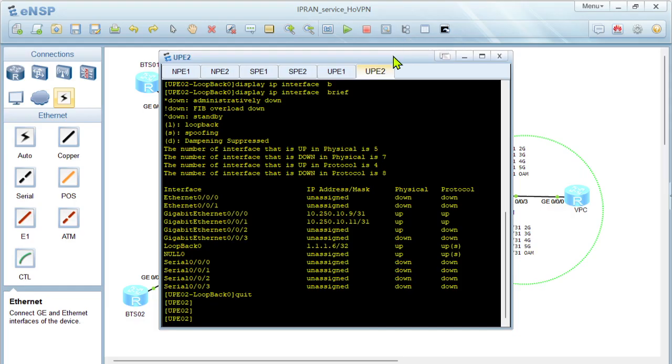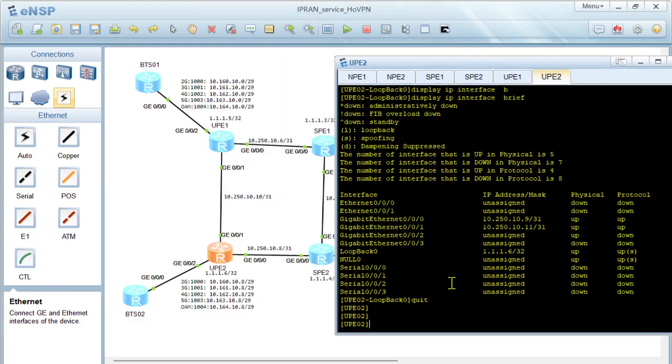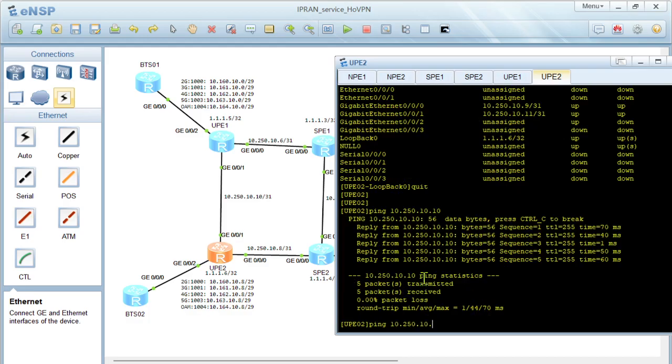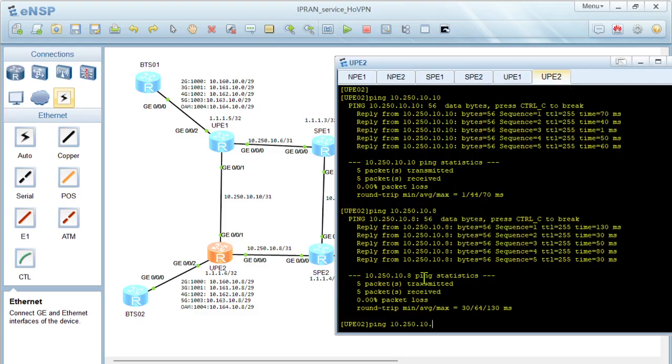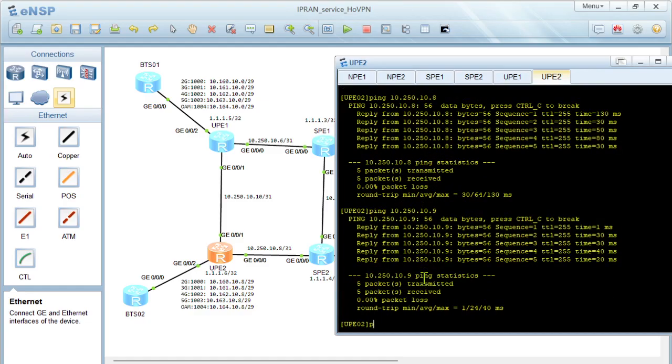One thing, you can try to always verify the connectivity. You can ping the point to point. So for example, if I'm on UP2, I can try to ping 10.250.10.10. Remember, we are 11, so we can ping .10. This is 8, so I can ping .8. .9 should be a local IP. I should be able to, and also if I try to ping the loopback IP, I should be able to